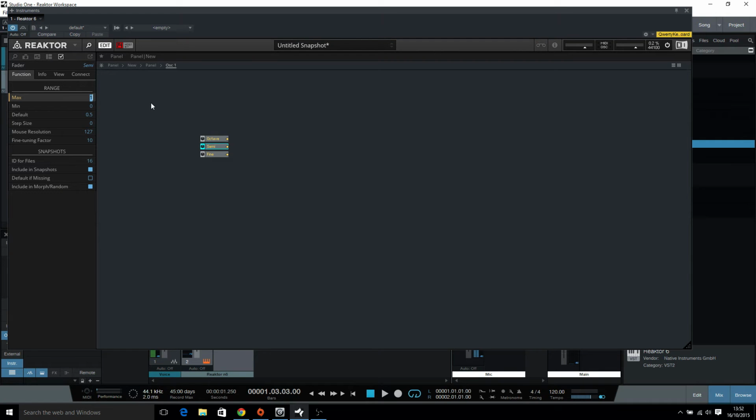So semitone, I want that to have a maximum of 12 in one direction and -12 in the other direction. So that's an octave either way on my semitone knob. That seems to work well for me. On a step size of 0.1,